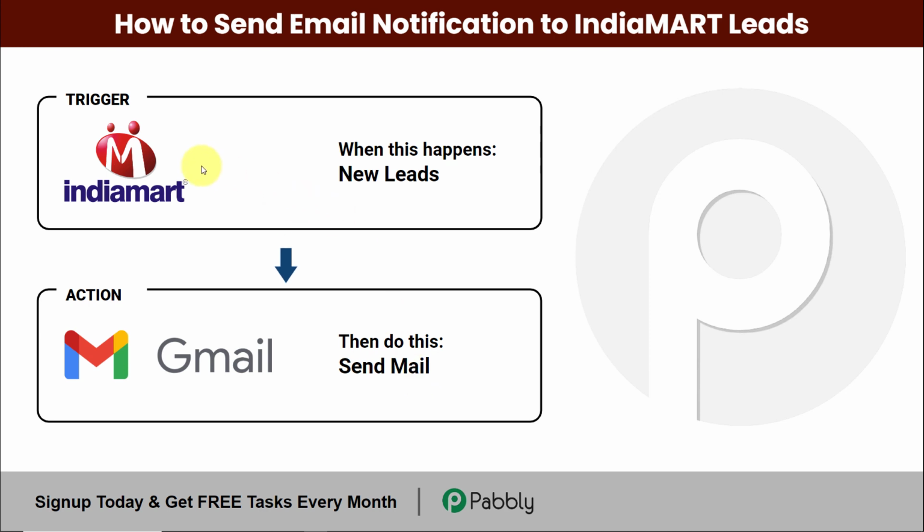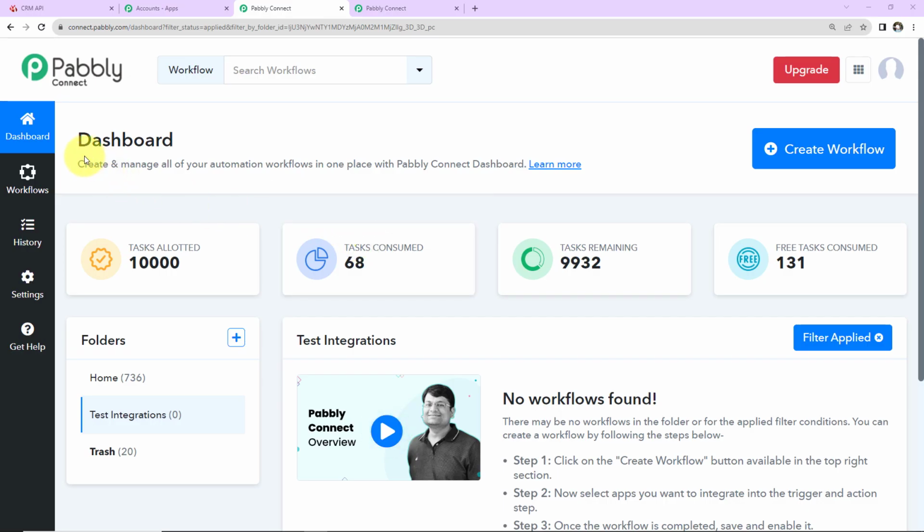Now to do this, we'll have to integrate the two applications, and the same thing can be done using Pabbly Connect. So here my trigger will be IndiaMART and my action application will be Gmail. Now to understand how you can integrate and automate this entire process yourself without the need of any coding skills, let's begin. So this here is the dashboard of Pabbly Connect,